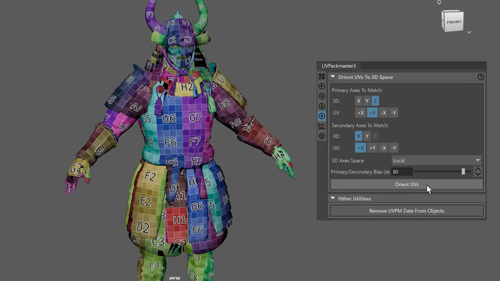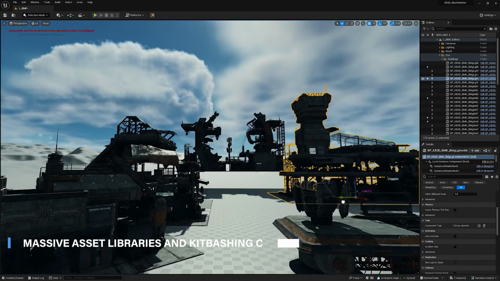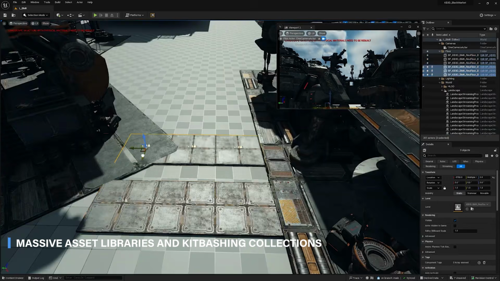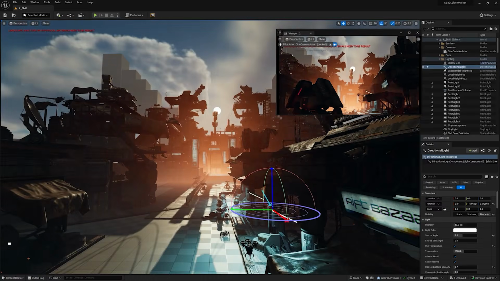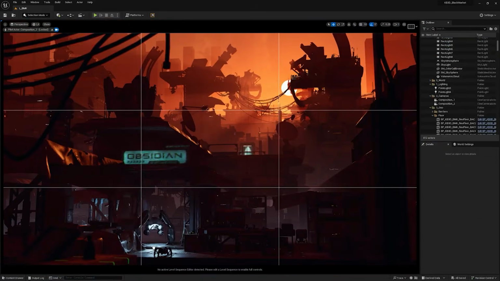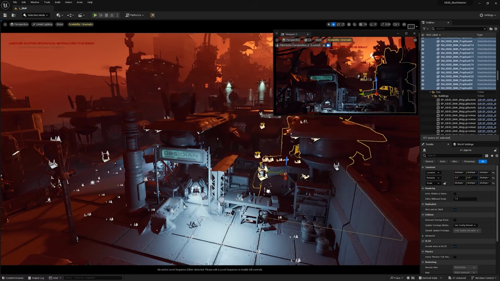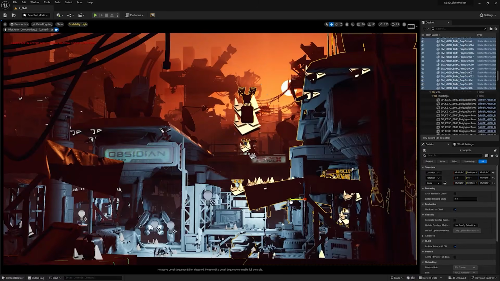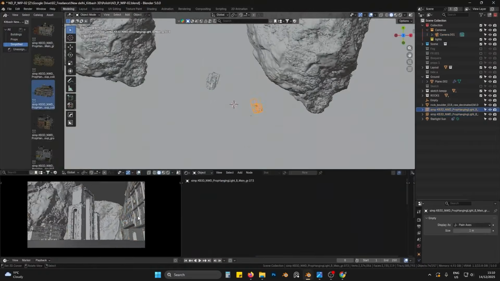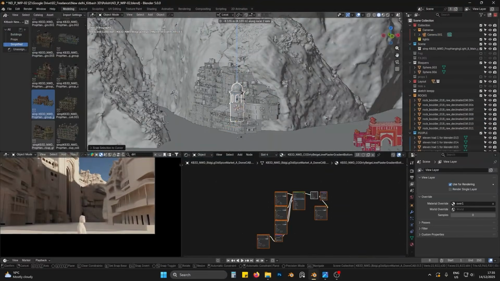And one of the biggest time savers today is the existence of huge asset libraries, in addition to kit bashing collections. You see, instead of building every prop or object from scratch, you can access thousands of pre-made assets, and honestly you have everything from rocks to trees to vehicles and all sorts of architectural elements.